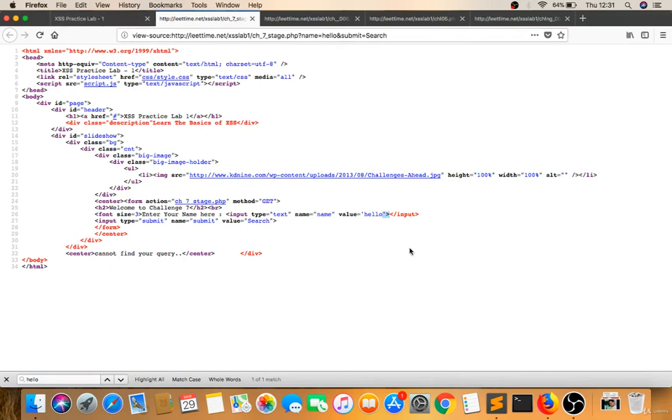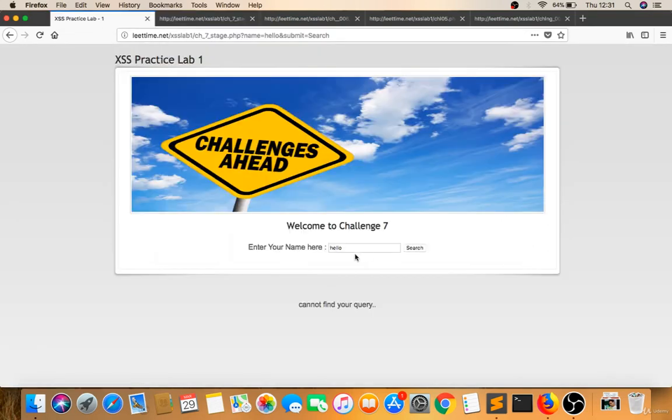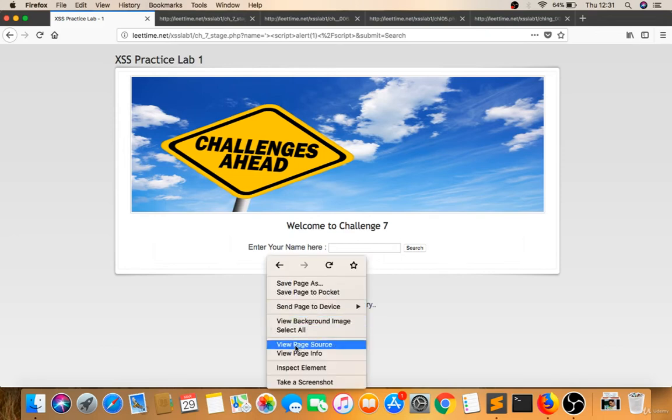Now if I have to build a payload, I will use single quote closing script alert 1 script tag close. Let's execute this. Now it's not executing. We built it correctly, but it's not executing. So check in view page source what happened there.